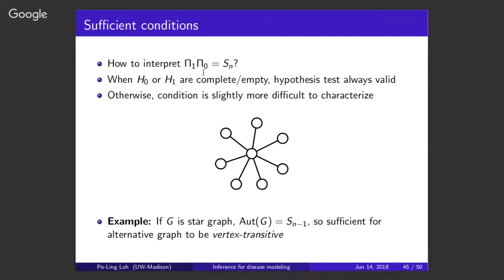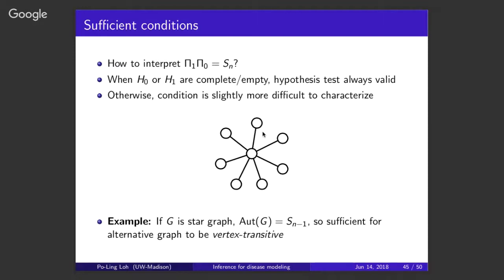So we looked at a special case, and in this special case, we looked at one of the graphs being a star graph. And the reason why we did this is that in that case, the automorphism group is very easy to characterize. Automorphisms simply say that the middle node stays the same, and then any of the peripheral nodes can be interchanged however you want, because the only thing that's preserved is that they're all connected to the middle one. So in that case, the automorphism group is Sn minus 1, and then it's not too hard to play around with these graphs and figure out what are the criteria by which the product of automorphism groups of some other graph and the star graph is equal to Sn.